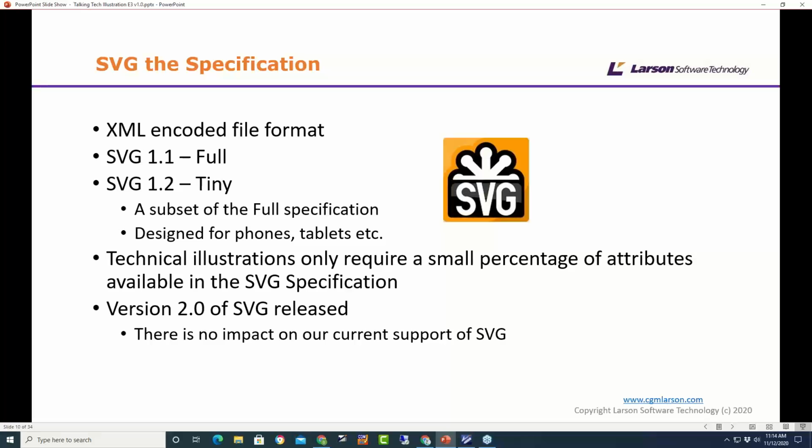Technical illustrations only really need a small percentage of the attributes within the SVG specification. And version 2 has now come out, and there was no real impact on our initial investigation into the format. And I'll tell you what we've actually done as we move along to try and standardize on a certain profile for SVG.